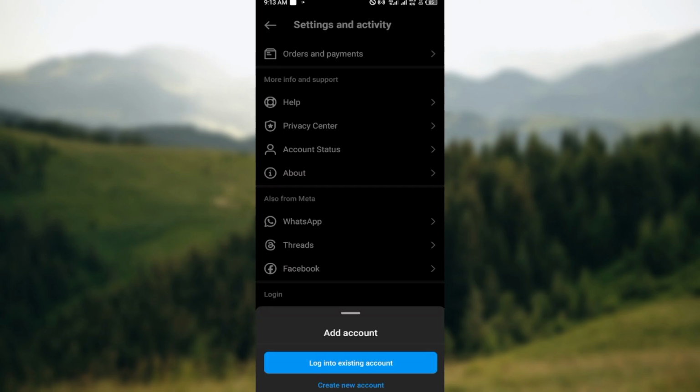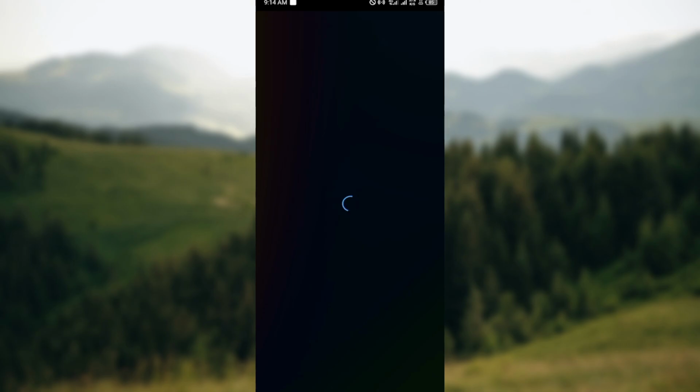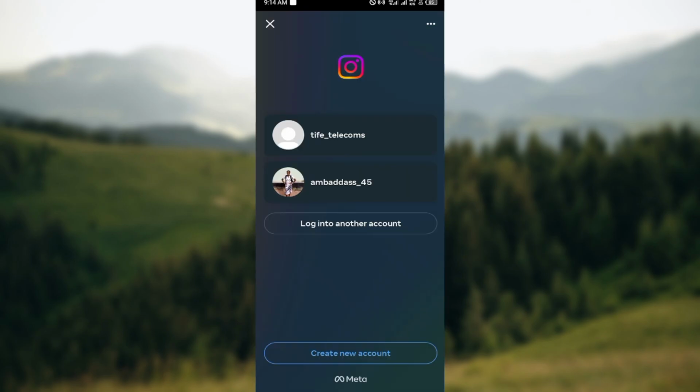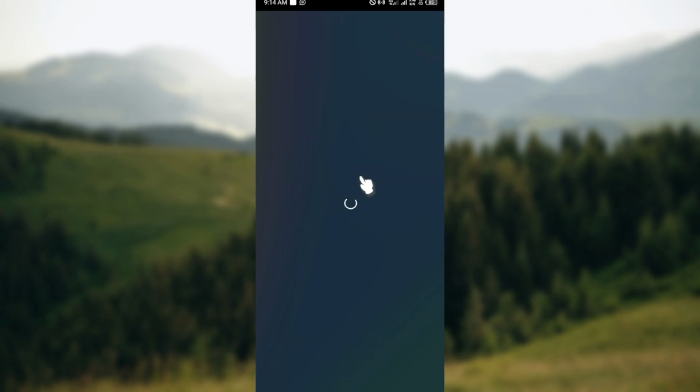Then select log into existing account again, and then you'll be taken to the next page. And so once you're on this page, you can just go ahead and switch into the actual account that you're using. So you can make use of this to manage as many accounts as you want to on Instagram. It is very easy, very easy. As you can see, I have 3 accounts already on my Instagram page logged in into, so I can just switch between anyone that I